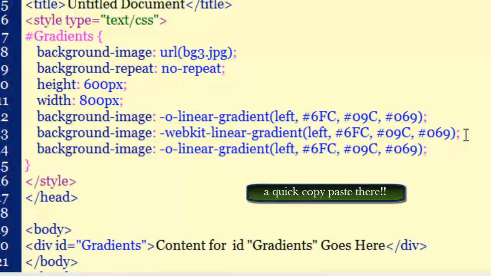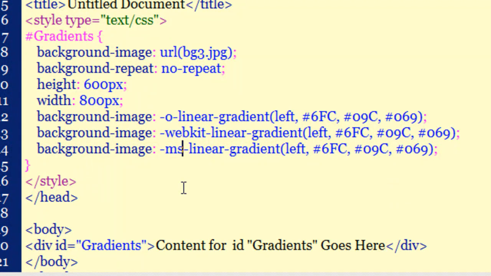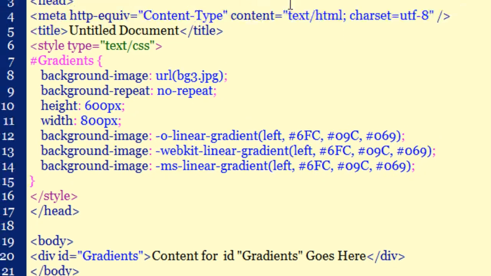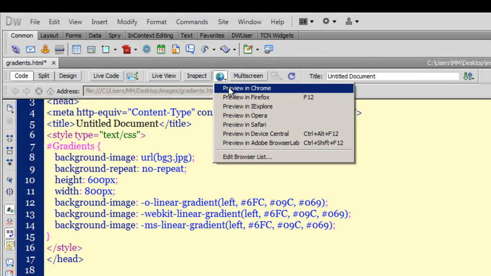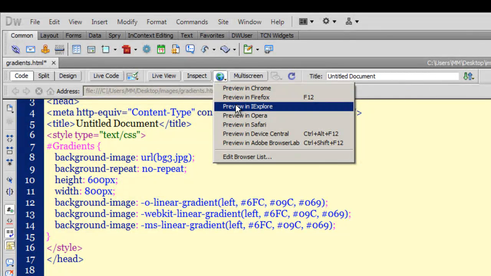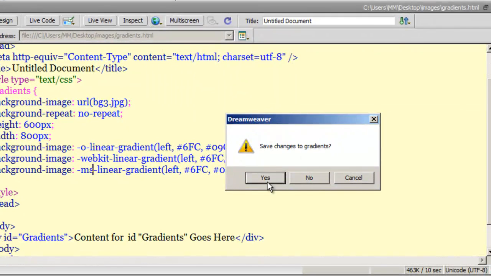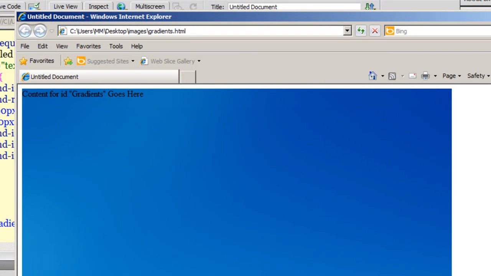Alright, so now that we have made Safari, Chrome and Opera happy, it's my turn to make Microsoft Internet Explorer happy. So I just need to change the prefix from O to MS. Guys, you need to have a minimum of IE10, I think. I'll be previewing in IE8 because I don't have IE10, and we'll see how we can actually fall back